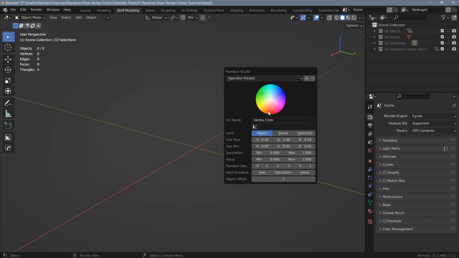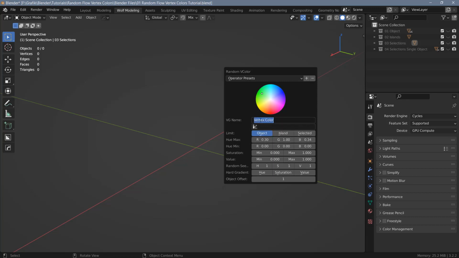Below the color disk we have a field where we can enter a vertex color name, and I use that all the time to name my presets. And this is important because if I select my test green preset here, nothing tells me which preset I have selected. The drop-down will always show the operator preset's name, but not the actual name of the preset that you're using. So I tend to assign names to my presets,